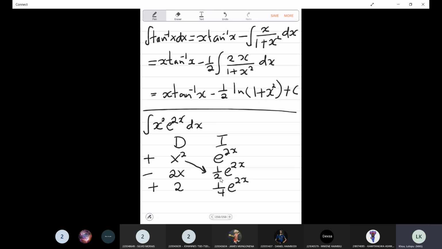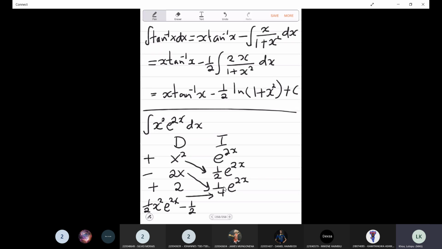So it's this times that, then this times that, and then horizontally is what I will put in the integrals. So if I wanted to stop there, I would have x squared, sorry, it's half x squared e to the power of 2x, and then minus, remember the sign here counts when you're multiplying, so it's minus 2x, so it's 2 times a quarter, which is a half, so it's minus a half